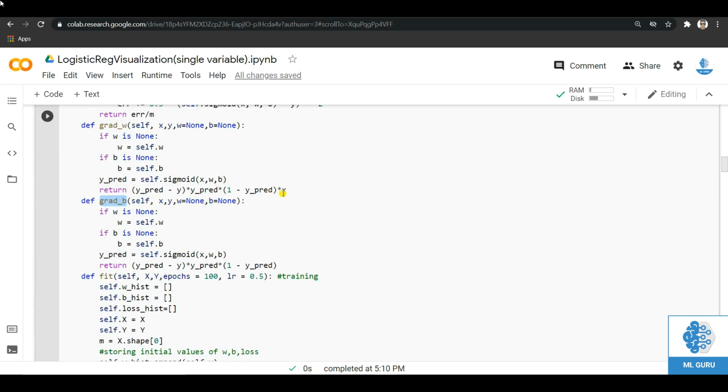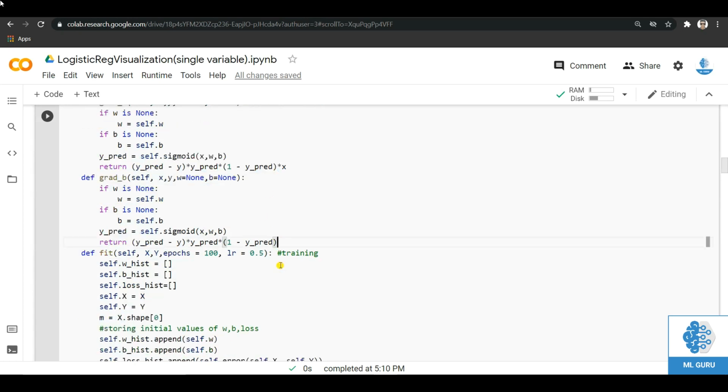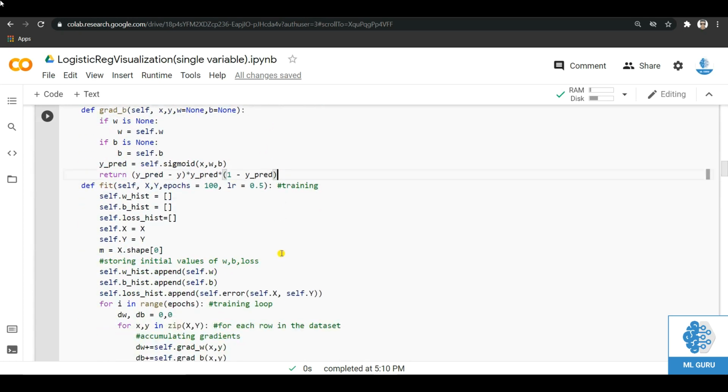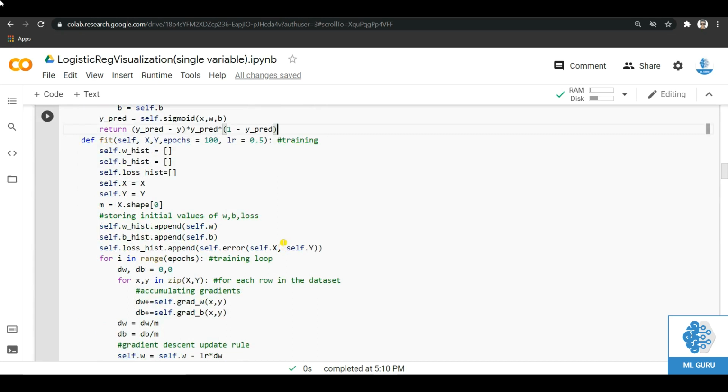The only difference between these two formulas is there is x here multiplied at the last, and here we have nothing.